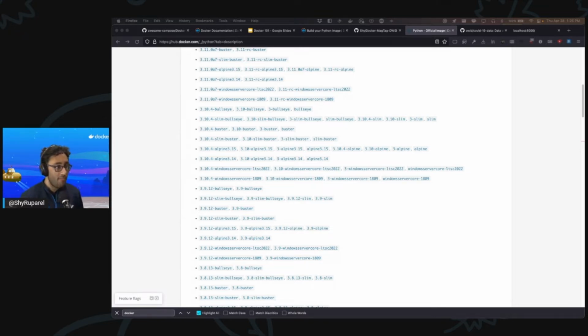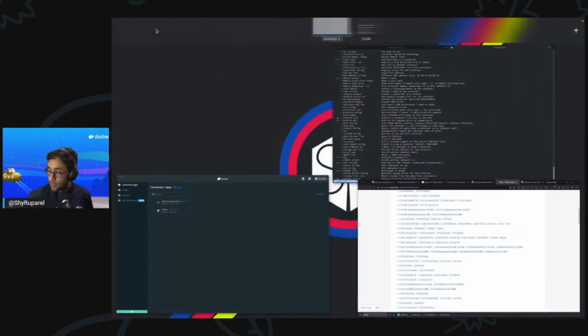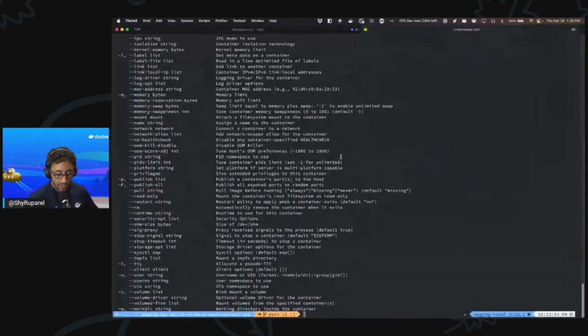Usually at 8 p.m. I'm playing video games or I'm doing something else like being in the gym, and so the MacBook is generally off at that point. So I want to run this Flask server on my Raspberry Pi. Now the Raspberry Pi architecture is a little different than the one on my MacBook. So if I move this container directly over to my Raspberry Pi, it's not going to work. What I can do though is I can go ahead and actually make a build of this container specifically for